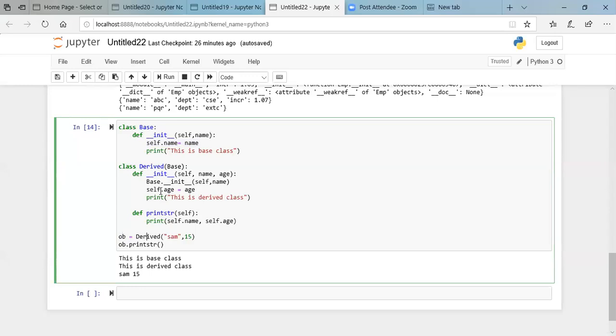But if the child class does not have its own init, it is going to take it from its parent class. If the subclass does not have the init method or constructor, whatever is available with the parent class would be used in the child class as well.